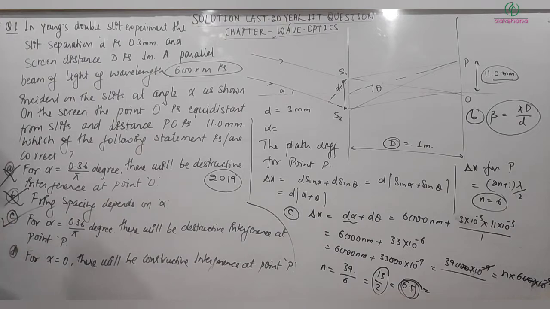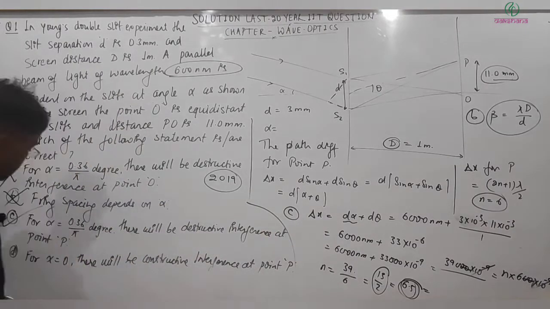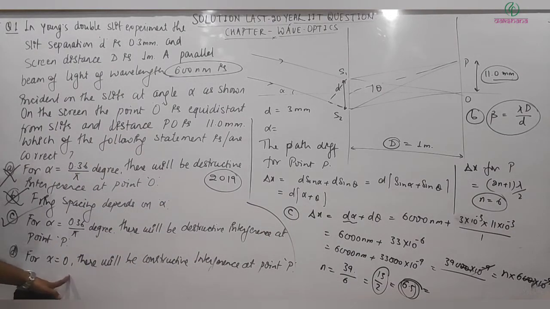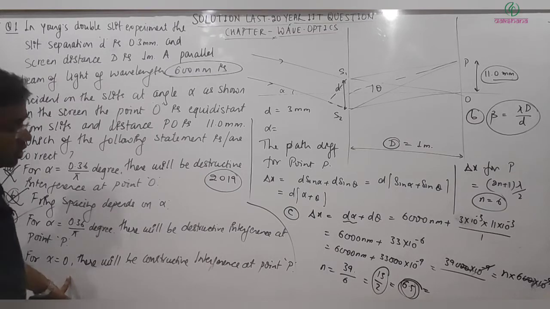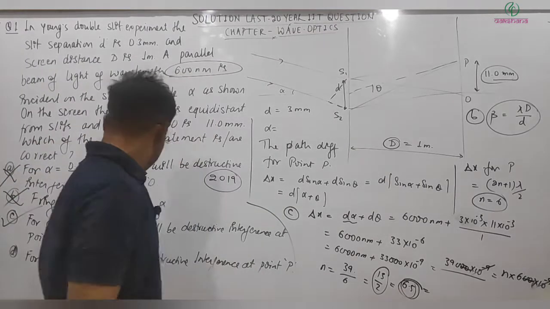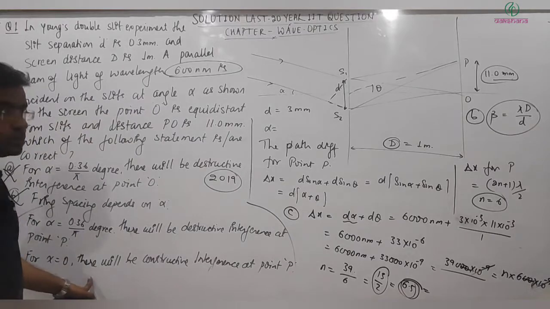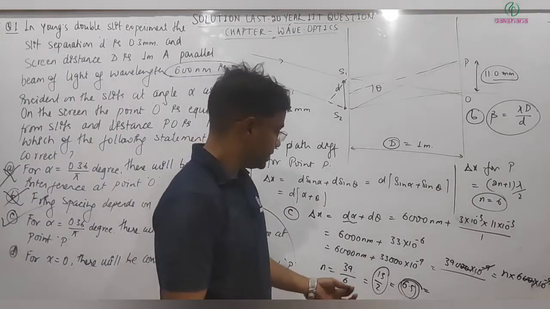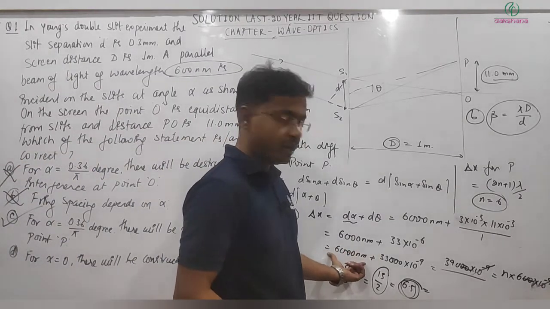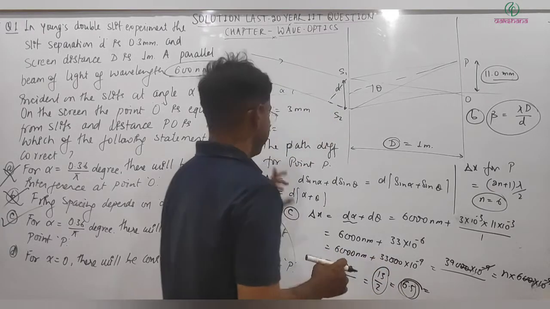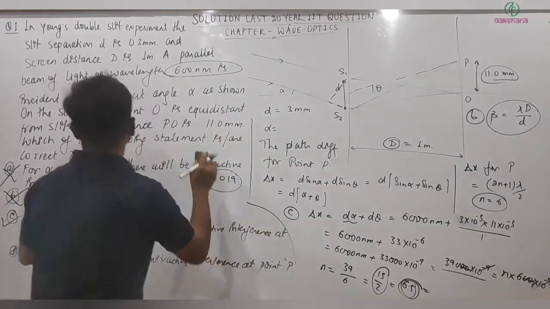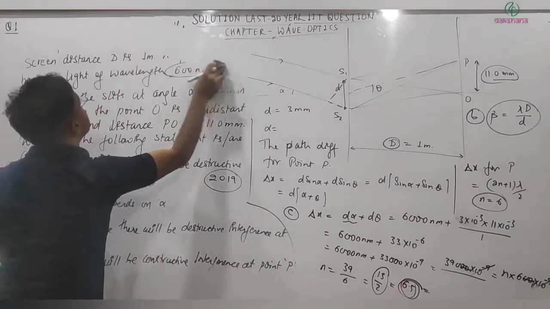This is correct. You just check the calculation part. For alpha equal to 0, there will be constructive interference at point P, is it? So for alpha equal to 0, we can write this is n lambda. Okay, let me just erase this part. So